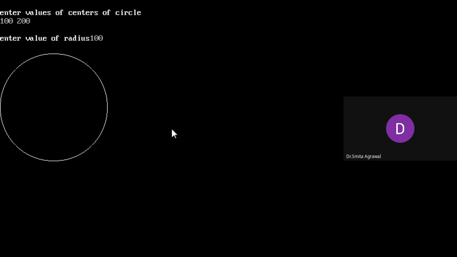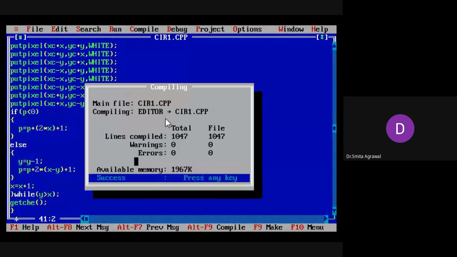Now you can see how the circle is displayed on the monitor. So this is the midpoint circle drawing algorithm through which we can display the circle on the monitor. Now let's change the value of the center.